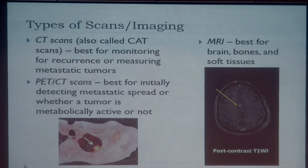The next type of scan that we sometimes get is a PET CT scan, or just a PET scan. It stands for positron emission tomography. And that is best for initially detecting if there is metastatic spread or if you don't have any evidence of melanoma in there. And then it also is helpful in determining if a tumor is metabolically active or not. And the way it works, you can see the example picture on the bottom. They inject you with, it's essentially a type of sugar contrast, and the scan sees how your body is not digesting that, but